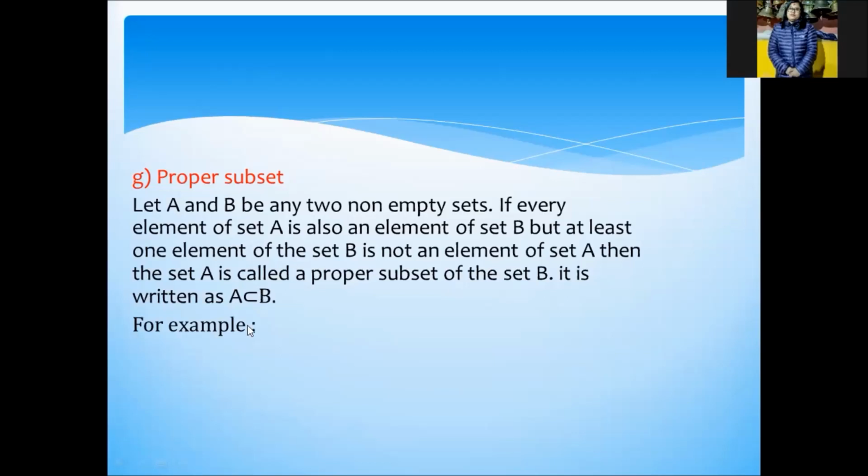Okay, let's go through some examples. Let A be a, b, c and B be a, b, c, d, then A is a proper subset of B. You can say subset of B as well as proper subset of B. Okay, for more clarity,